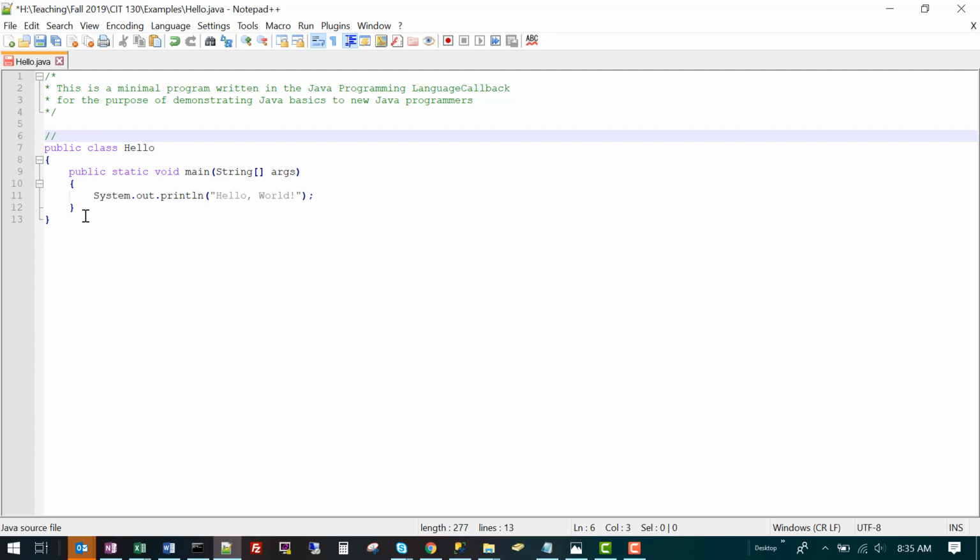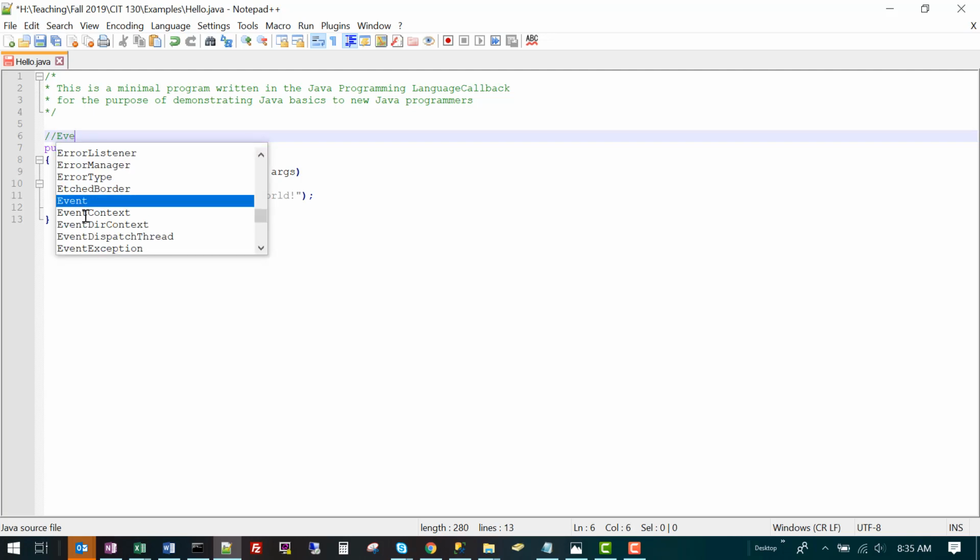It is indicated by 2 slashes and tells the compiler to ignore anything on the same line after the // up until you hit the enter or return key on the keyboard.